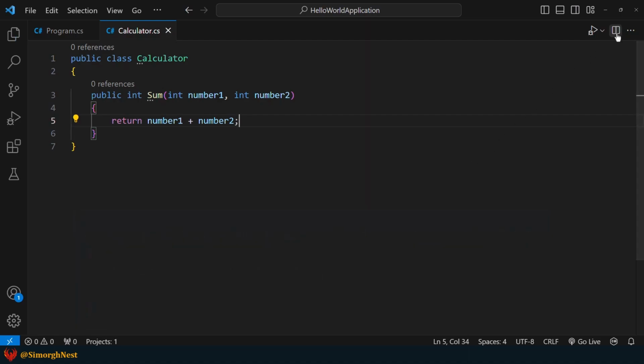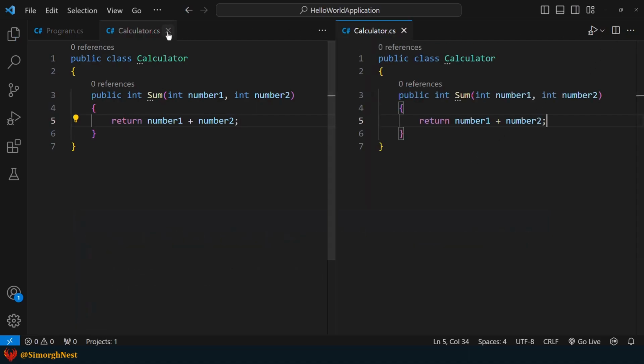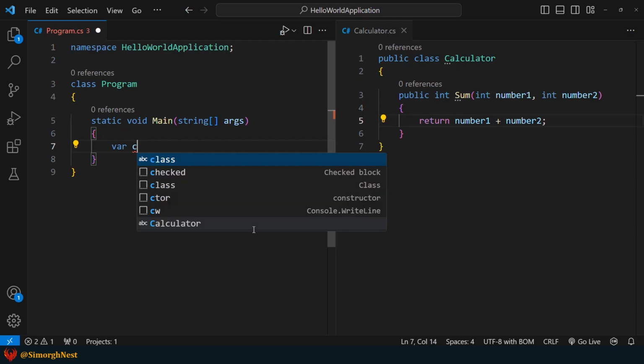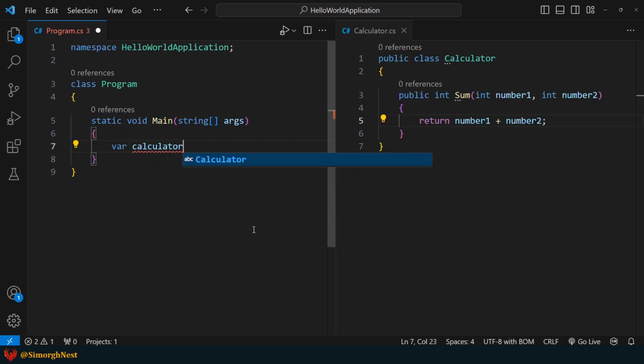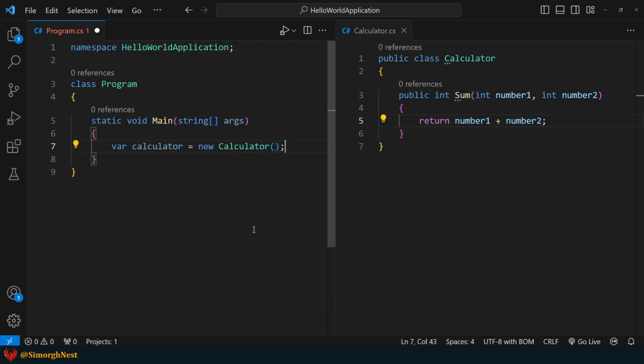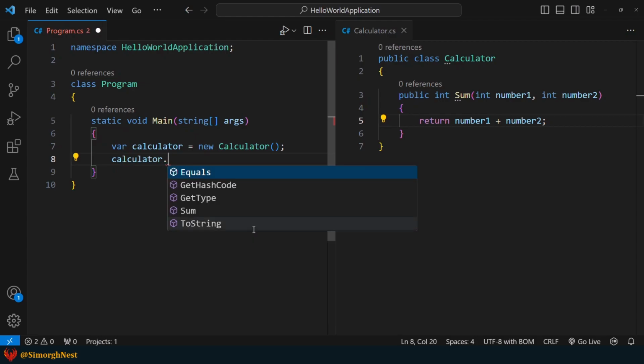Alright, now let's talk about how we can use or call methods in C#. First, we need to create an instance of the calculator class because the sum method is an instance method. To call this method, we use the instance name followed by a dot, then the method name, and finally we put parentheses and a semicolon.